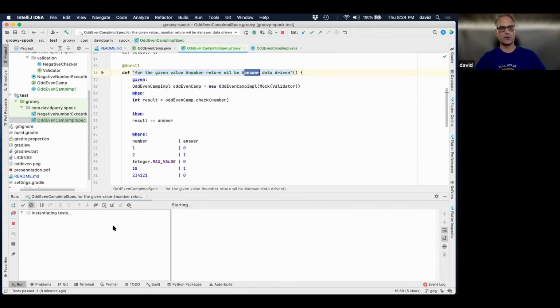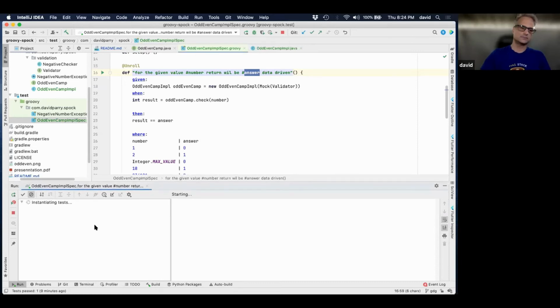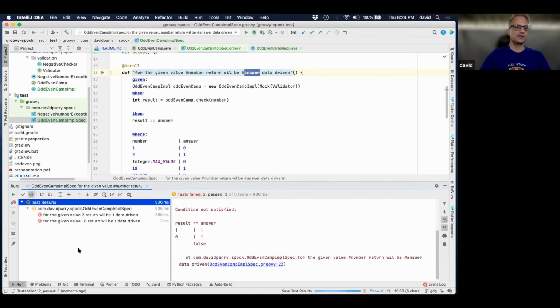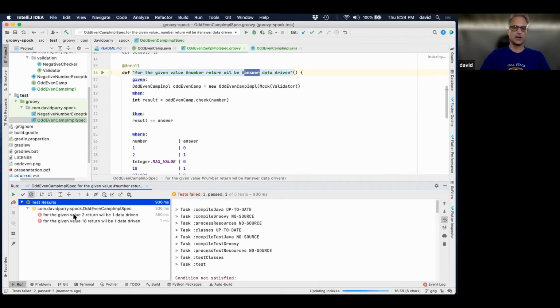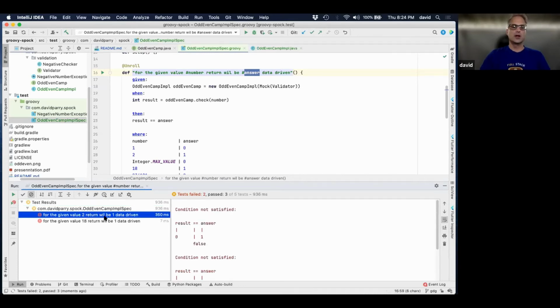And what we're going to see here, as this is running, see the 2 failures? Look at this beauty. This is what I was telling you about. For the given value 2, return will be 1, data driven, just to give you that.